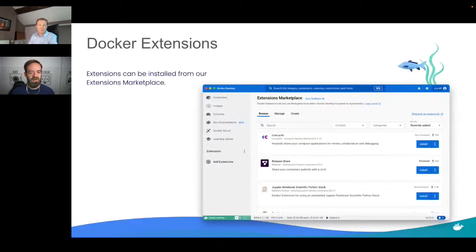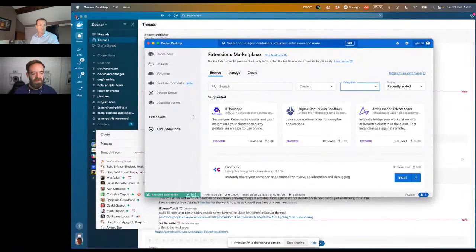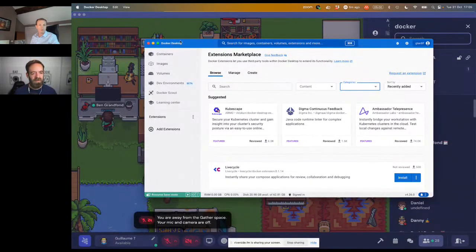So if you don't know anything and you want to get a feel of what are extensions, you can just navigate to the extension marketplace and try to install some of those tools. So inside Docker Desktop, you've got a marketplace that will present you some of the existing extensions. You can just by one click install an extension. I can show you a feel of how it looks like. So if I'm here using Docker Desktop, sorry for that.